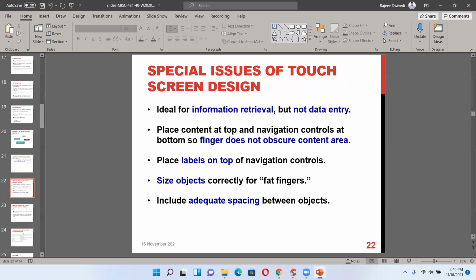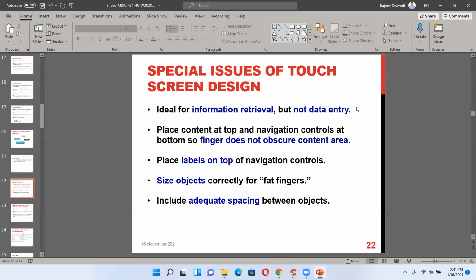And nowadays, everyone is using touch screens instead of a mouse or graphic user interface. Since we have touch screen computers, smartphones and tablets, touch screens are ideal for information retrieval, but not data entry.